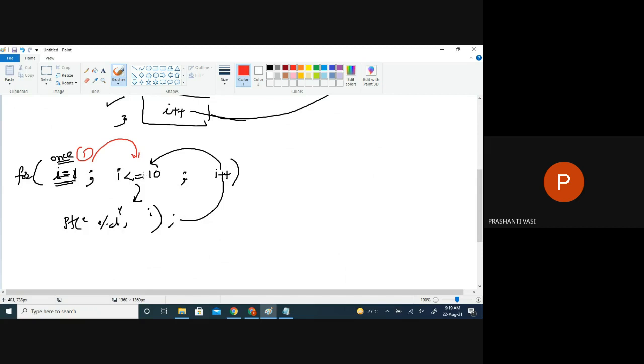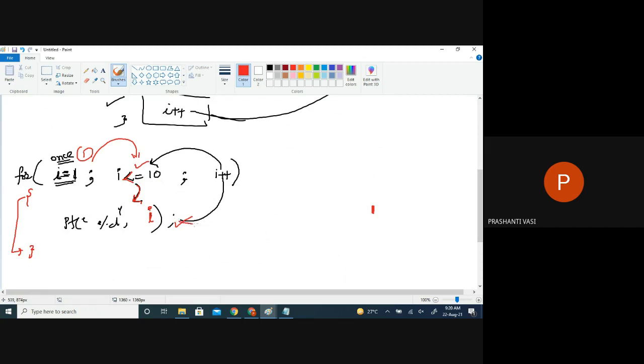The second expression is a conditional expression. If the condition evaluates to true, now i less than or equal to 10 is true as of now, we directly enter into the body of the loop. Whatever we have written inside the body gets executed. Because of this execution, we get an output on the screen as 1.